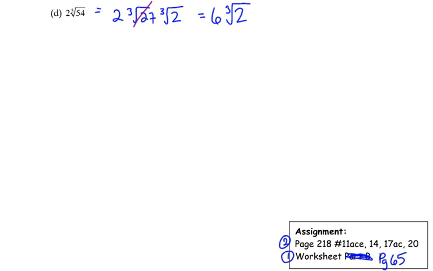Just out of curiosity, does this calculator have one of those little signs that allows you to find the